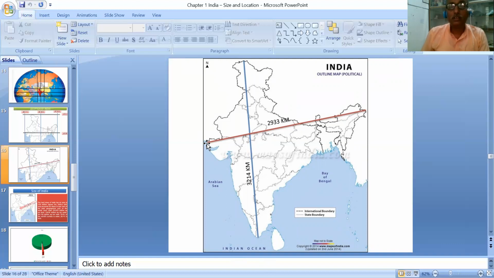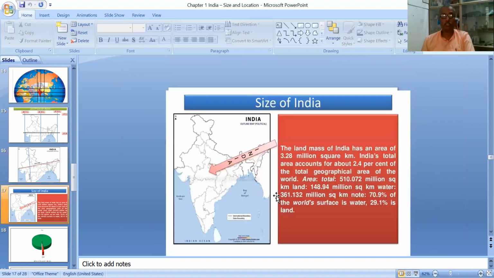From west to east, that means Gujarat to the last part of Arunachal Pradesh, we have 2,933 kilometers of length in our country. This is the landmass of the mainland country's expansion. You can see it is almost square, not exactly square, with a little difference of hardly 200-300 kilometers, but it is a very big landmass. Take the map, draw it like this and write how many kilometers it is covering. So please mark it, dear children.